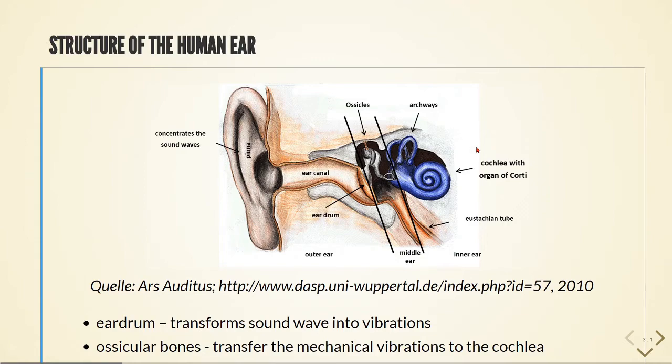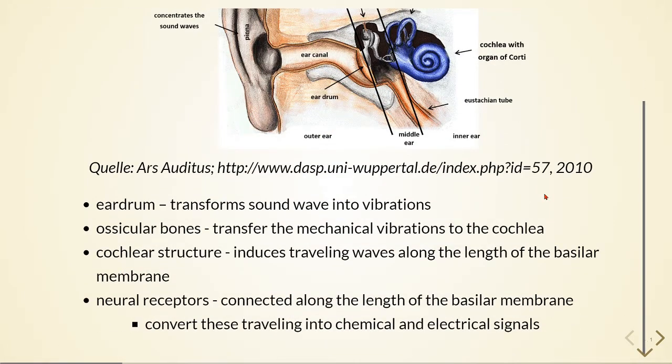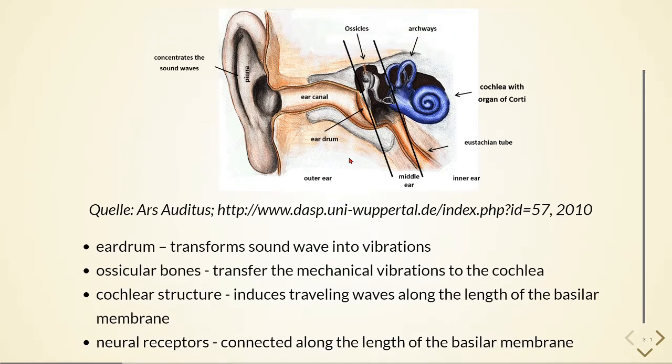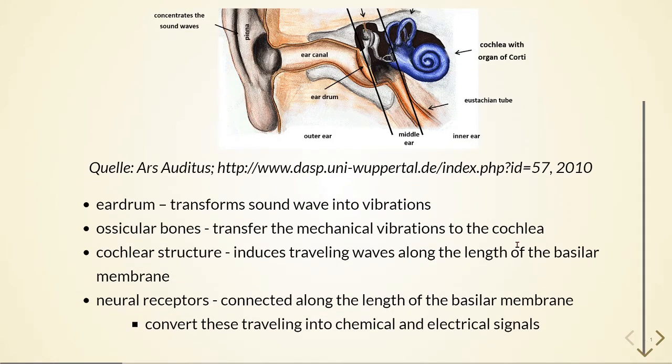which our brain interprets as sound. In general, we've seen that the eardrum transforms sound waves into vibrations. The ossicular bones transfer the mechanical vibrations to the cochlea. The cochlear structure induces traveling waves along the length of the basilar membrane. This basilar membrane is full of neuroreceptors. They are connected along the length of the basilar membrane, and they convert this traveling motion into chemical and electrical